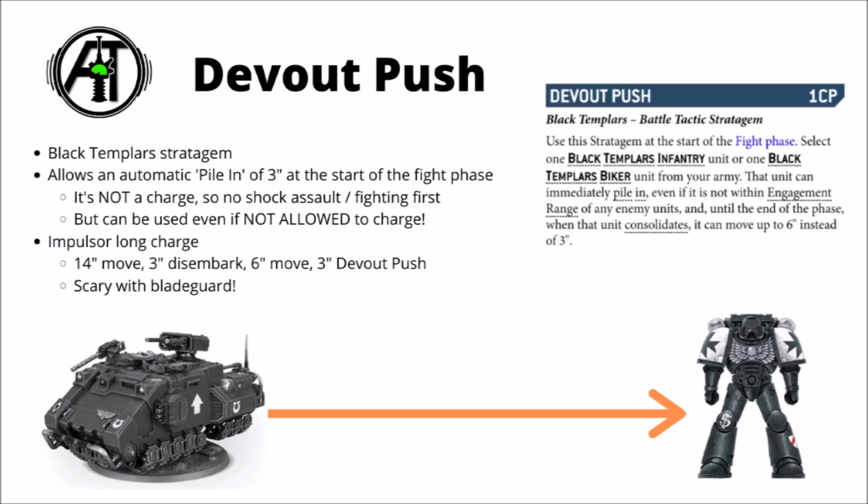One of the first things that came to mind is a very long charge out of an Impulsor. Impulsors have a very long movement range of 14 inches, you can get out 3 inches of disembarking out of it, then make a 6-inch move, or even advance if you're not bothered about shooting. Provided that 23 inches or more of movement takes you within 3 inches of an enemy, then in the fight phase you can just use Devout Push and move 3 inches into combat, as technically you're not making a